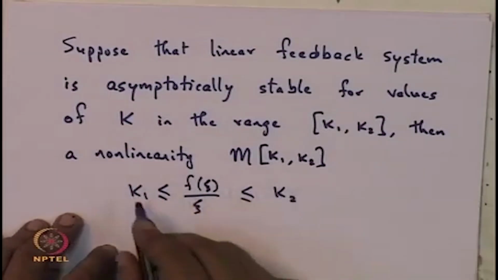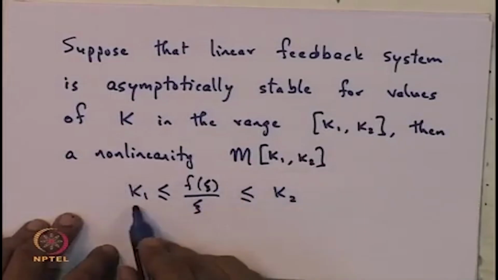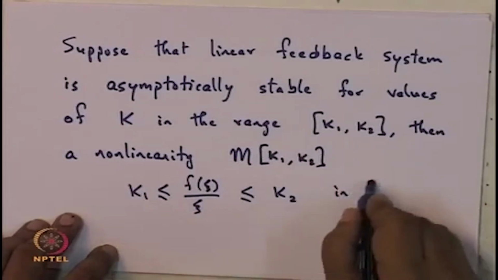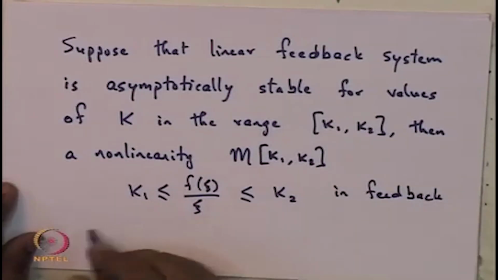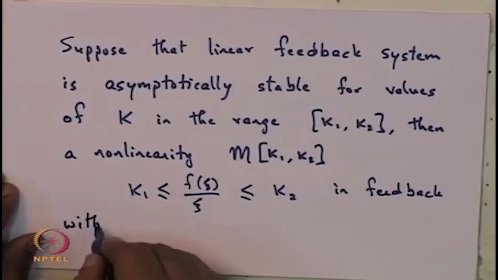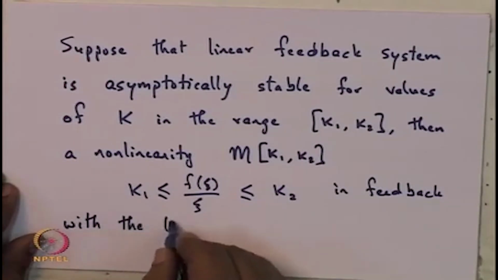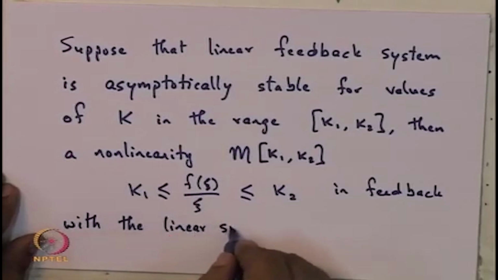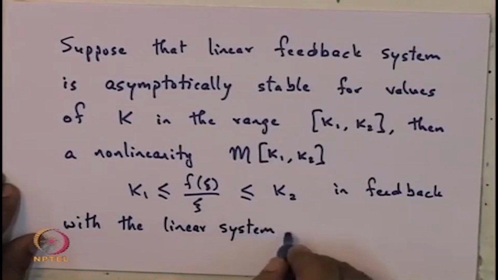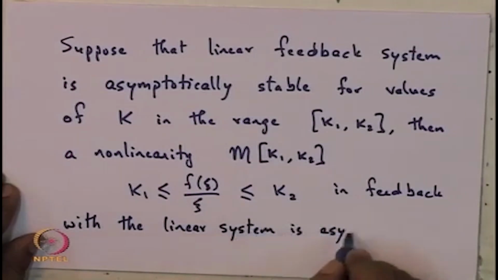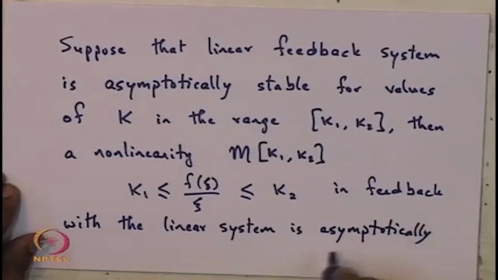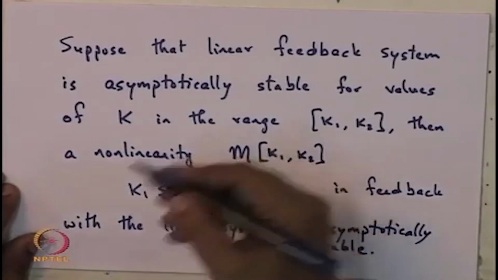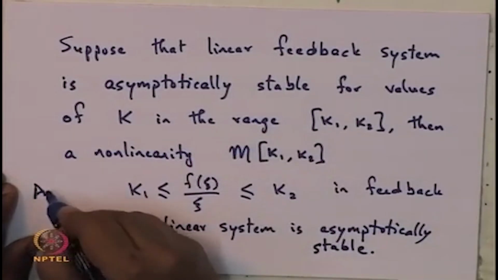Then a nonlinearity of this kind in feedback with the linear system is asymptotically stable. Okay. Now, this is Eisenman's conjecture,